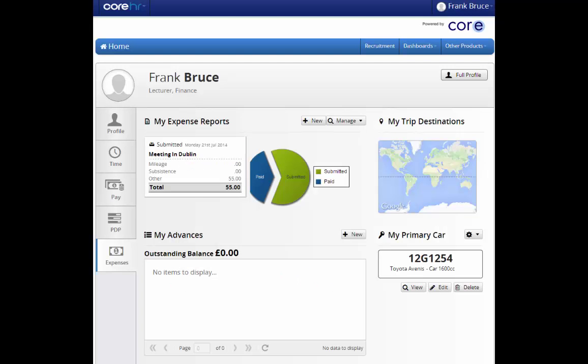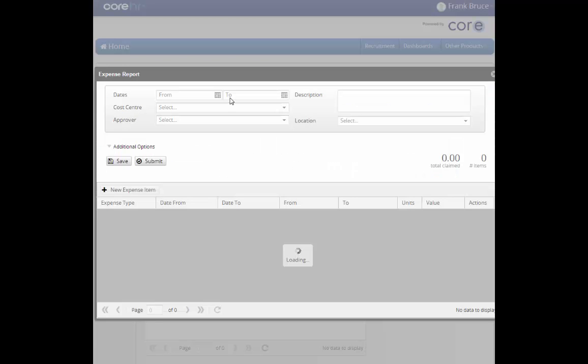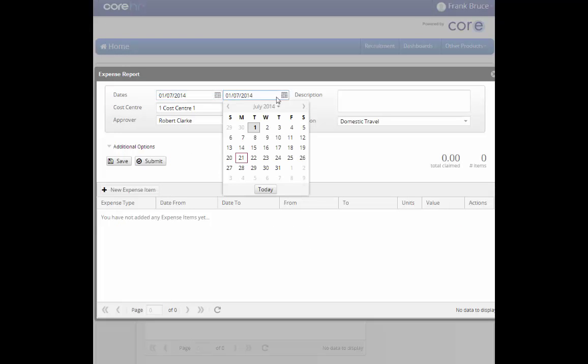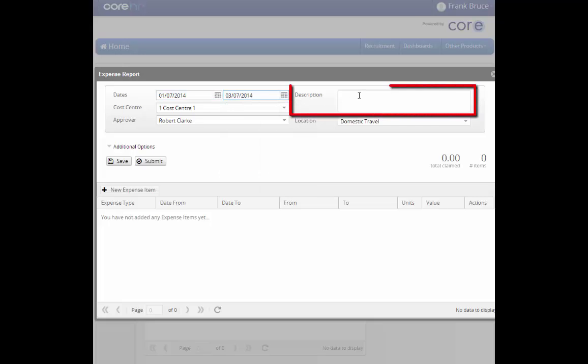We will now look at entering scalable expense strips. For this, there are two options. You can generate subsistence or manually update subsistence. We'll click on New. We'll enter our dates. So, for example, the 1st of July until the 3rd of July. We'll put in our description. So, meeting in Dublin. Our approver and analysis code have defaulted from the last time we entered an expense strip. We can press Save